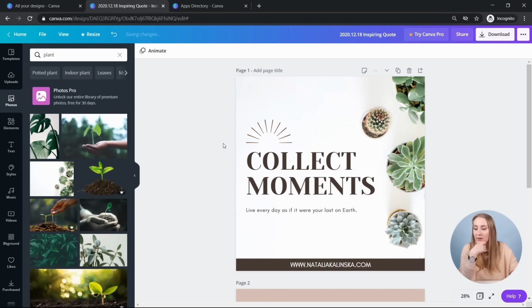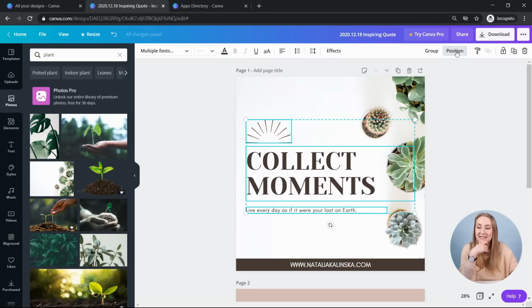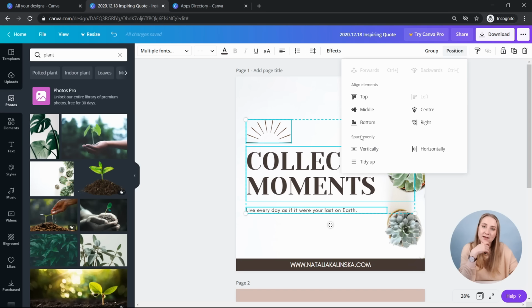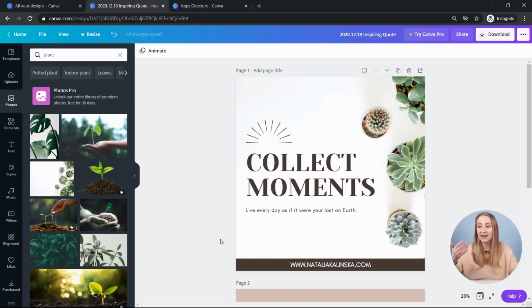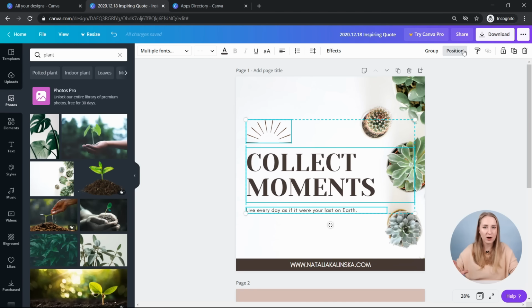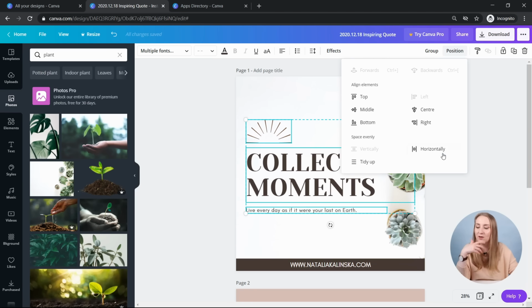Let me show you another neat thing. I'll go back to the photos as well, but when you click on 3 elements, if you go to position, sometimes Canva lets you space things evenly. So it automatically aligns different things evenly for you. If I click vertically, you can see that it adjusted that middle text, that heading. So you can see that it goes together well now. It's more harmonious, right? So you can pick horizontally. It won't work like this, but if you're trying to align something horizontally, this is where you would use it.